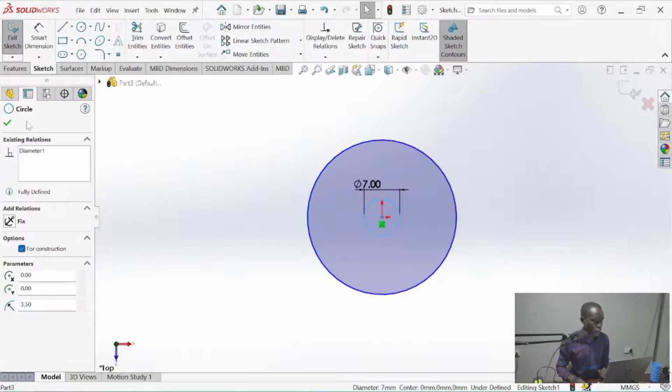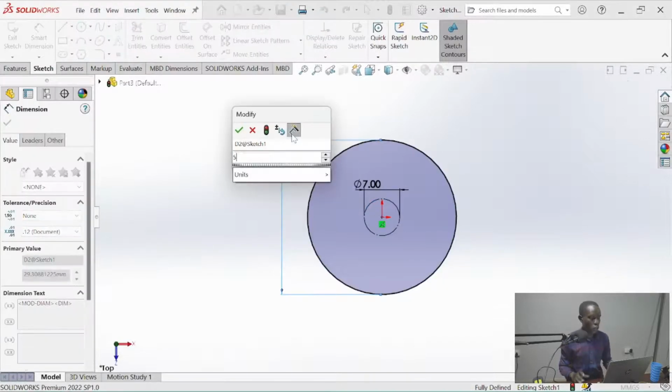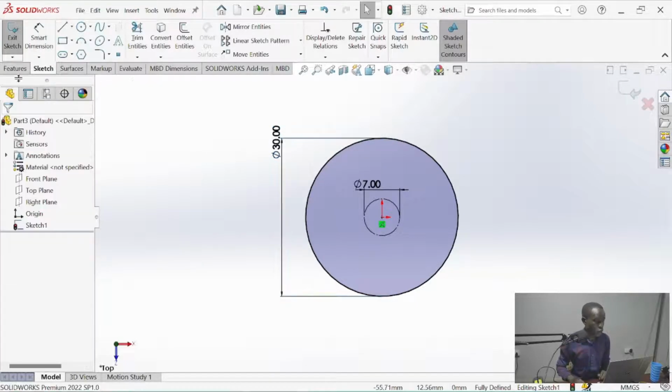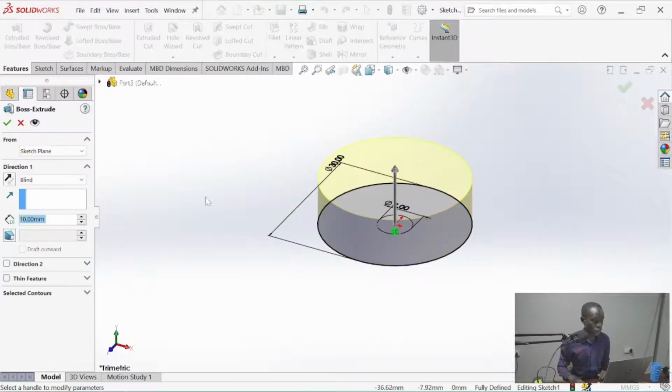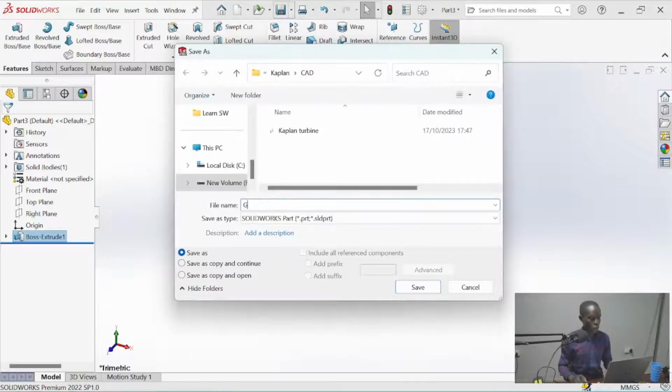This one can be for construction. Then we put this at 30 mm. Alright. 4. So we have this one as our generator.